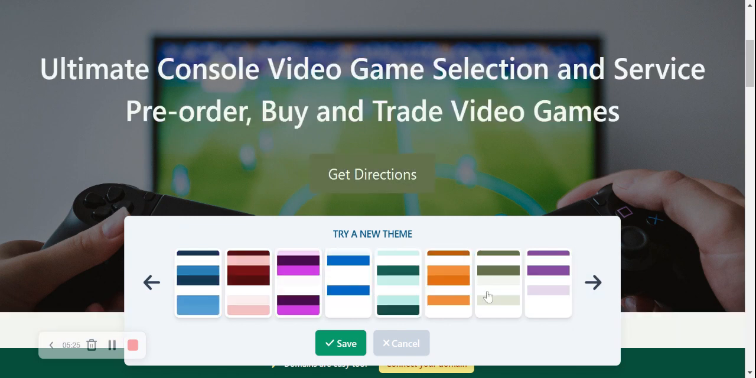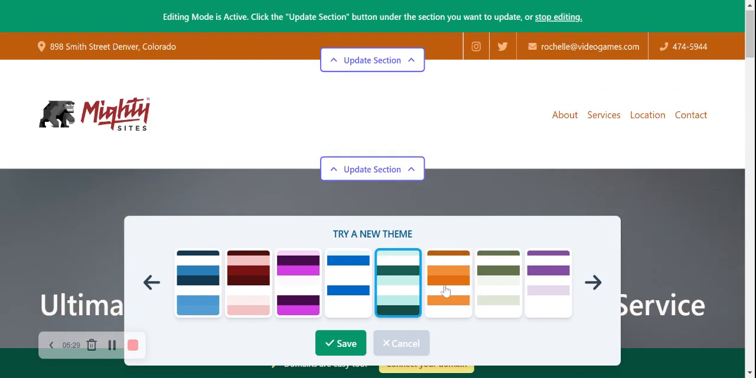Let's take a little bit more. That looks great. That also looks great. So I think I'm going to go with the orange. I think that looks awesome. I'm going to save that one